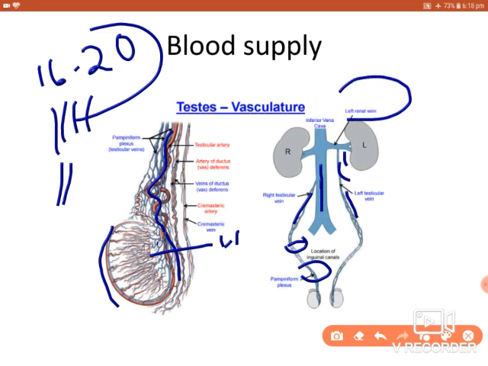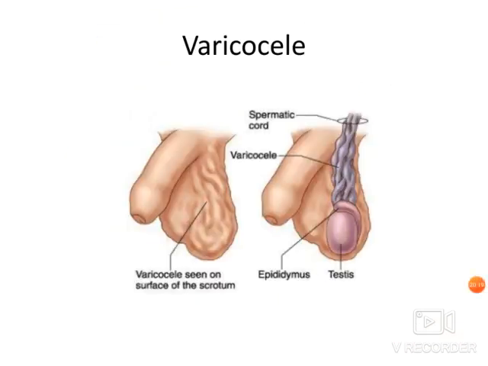So this left testicular vein is larger than the right. Any enlargement, dilatation or tortuosity of the pampiniform plexus forms the varicocele, which is common on the left side because the left vein is longer. Okay, so coming to this varicocele, here you can see